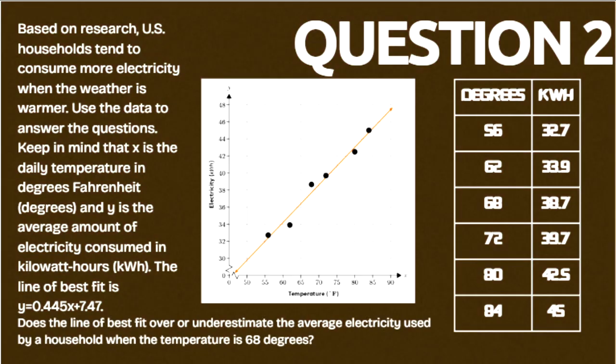All of the same data, and it says, does the line of best fit over or underestimate the average electricity used by a household when the temperature is 68 degrees? So at 68, we're looking at this dot right here, okay? And you can see that the line underestimates it, but we'll do the math just to be on the safe side, okay? So Y equals